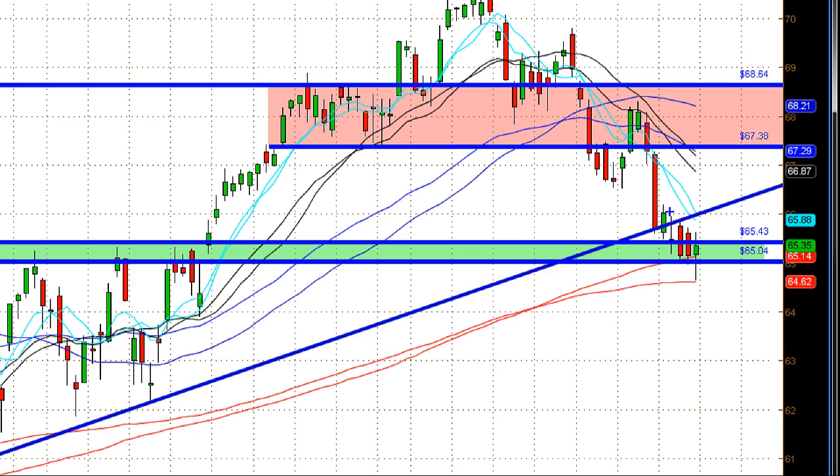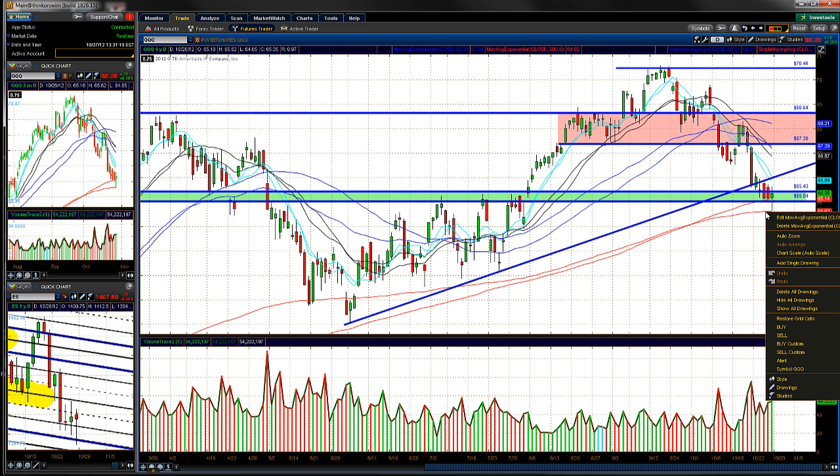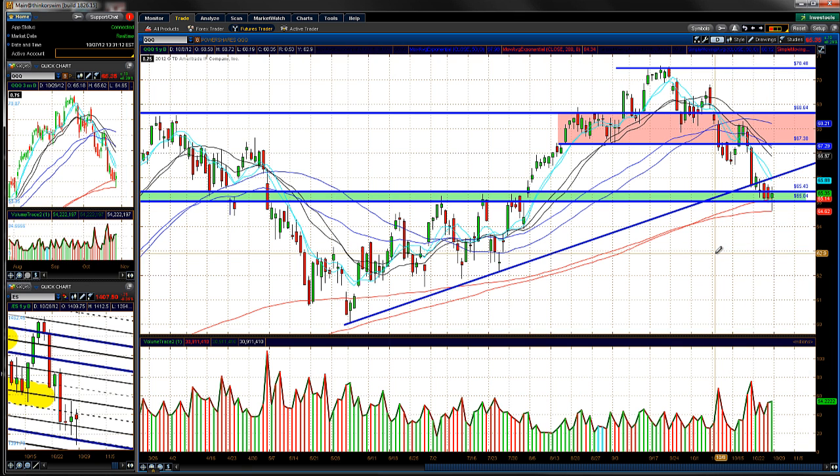One thing to watch for, if we can get a break above these little connecting highs that you could draw from Monday of this week, kind of like a little downward channel, we could get a little pop there. We'll have to wait and see. But definitely, if we break below Friday's low, 64.60, we would be breaking the last 200-day moving average. It's going to act as support, which is a 200-day exponential moving average around